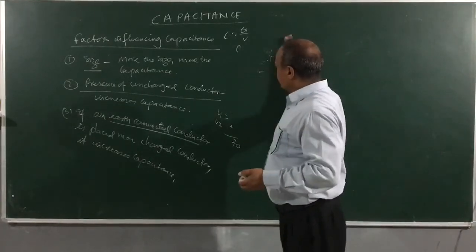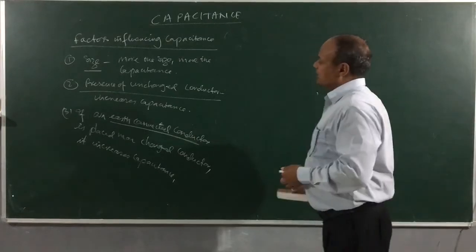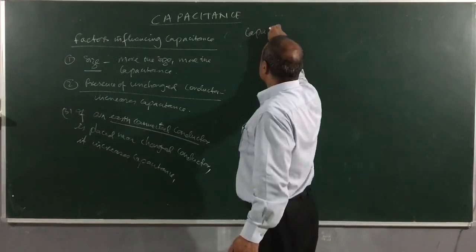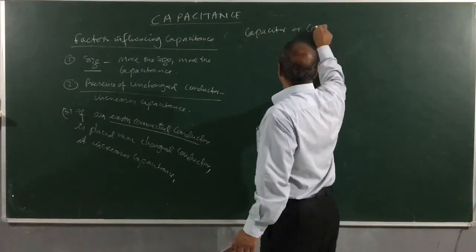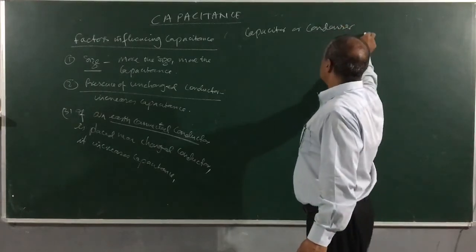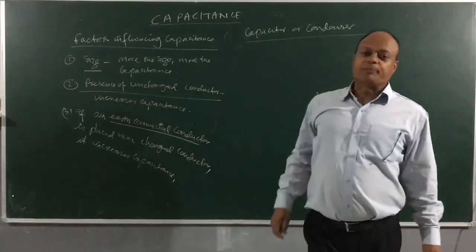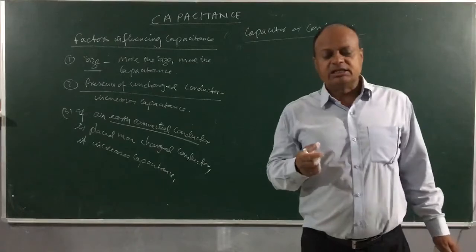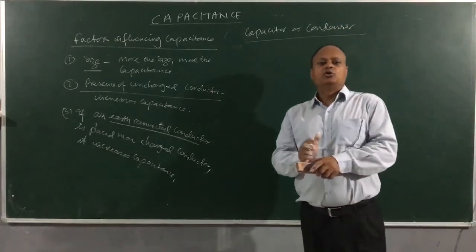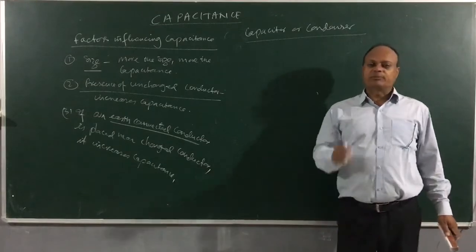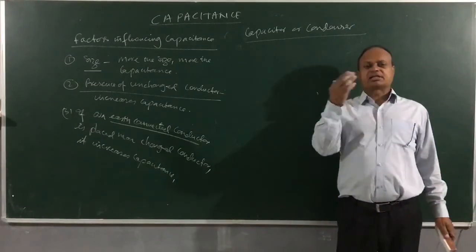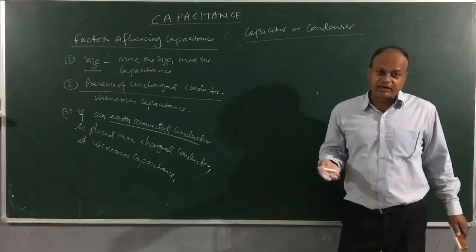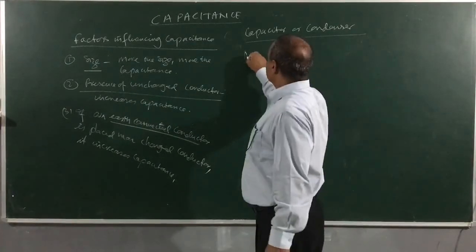So children, we will be defining what is a capacitor or condenser. Okay? So a capacitor or a condenser, in fact, is a combination of two conductors. One of the conductors is charged and the other is connected to earth, and it is used to enhance the capability of a conductor. So here I write a capacitor